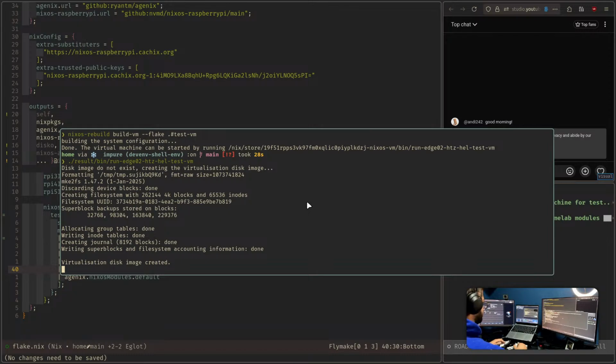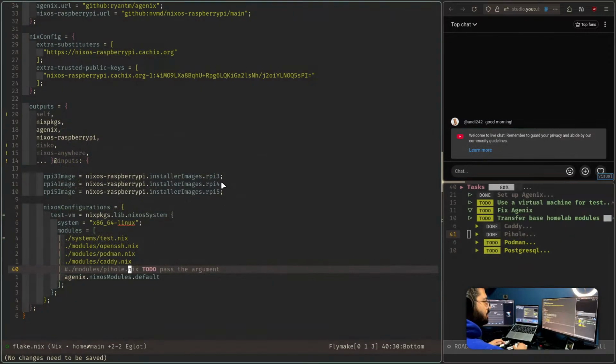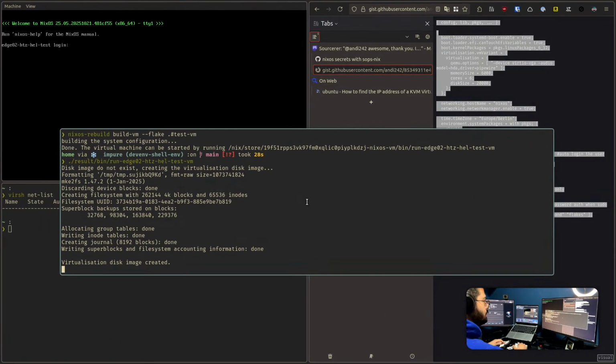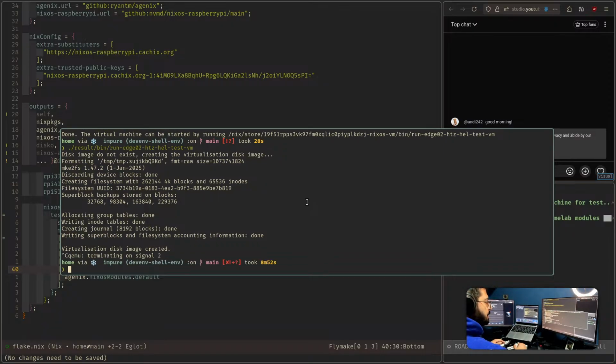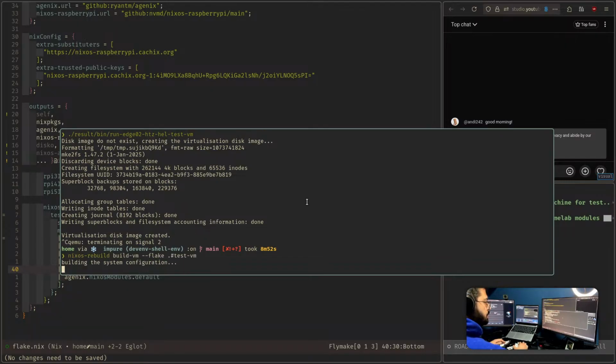So what I'm trying to do is basically test the gist that you shared for building a VM. So far so good. I was able to run the VM, but I cannot log into it. Stop this. nixos-rebuild